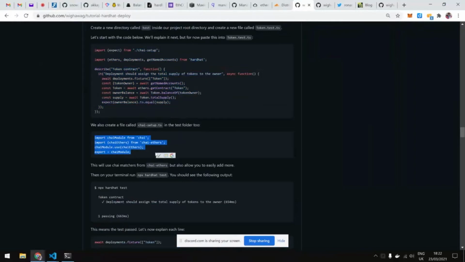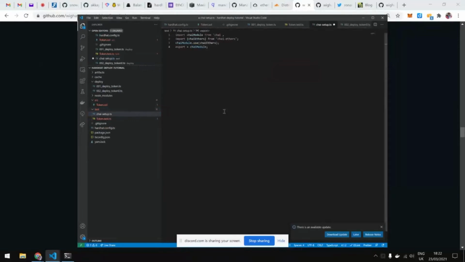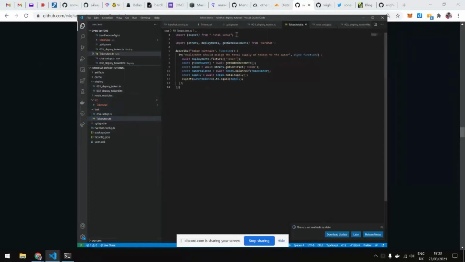So I have this utility function called chai setup. It could maybe be a plugin to some extent. It's actually what Waffle does behind the scenes. This one allows you to add more configurations. So if you have other chai matchers you want to use, you basically add them there, and to get access to them, you do that chai setup. It's the way I do it myself, but obviously there are different ways of doing it.